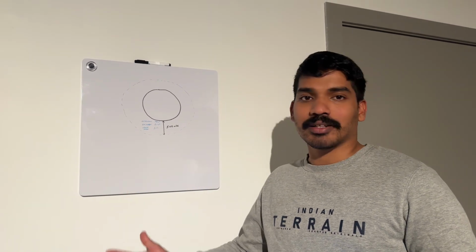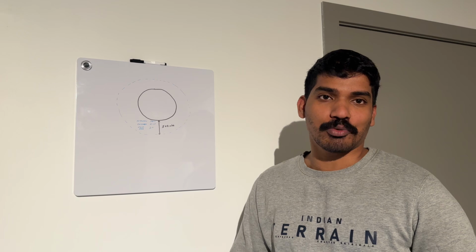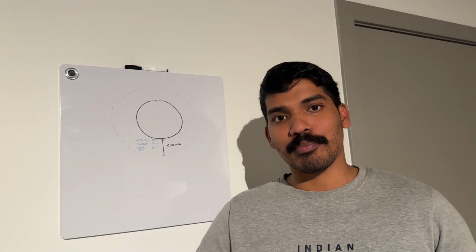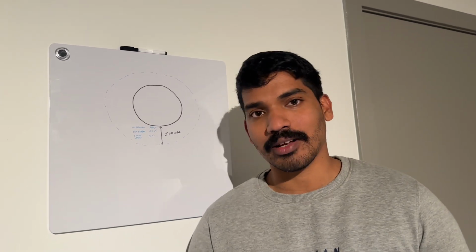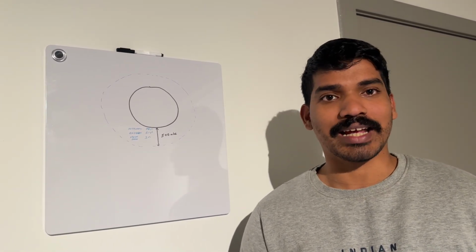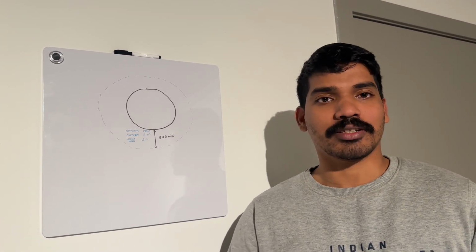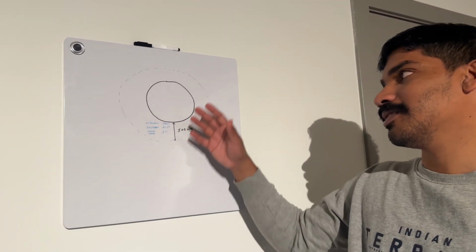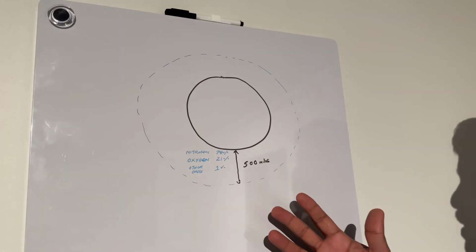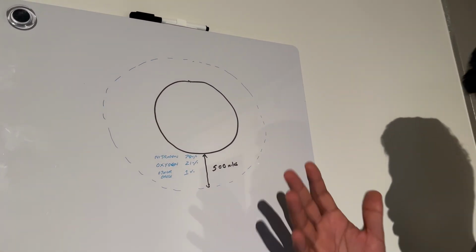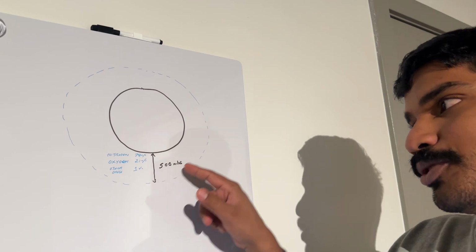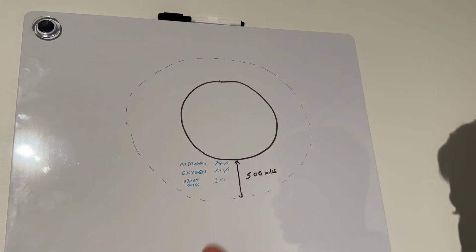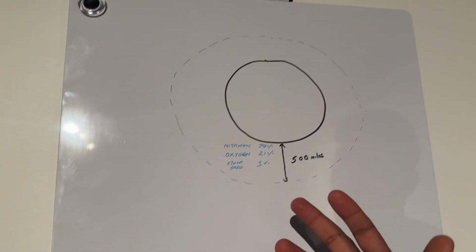So atmosphere is composed of what? Atmosphere is composed of air. Now air is composed of a mixture of gases. So we all have learned in school that air is a mixture of gases. And what is atmosphere? Atmosphere is basically composed of air. So this is the diagram which they basically show us initially. There's an atmosphere around the earth like this, and it's approximately around 500 miles around the earth.